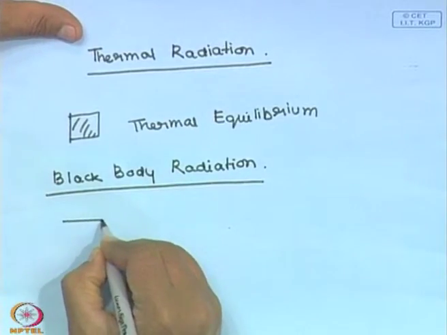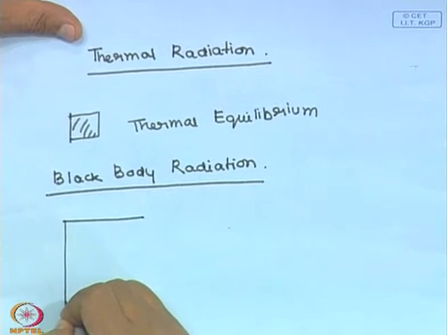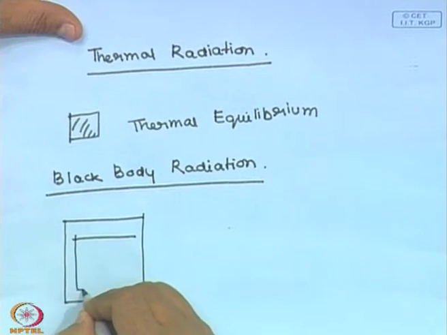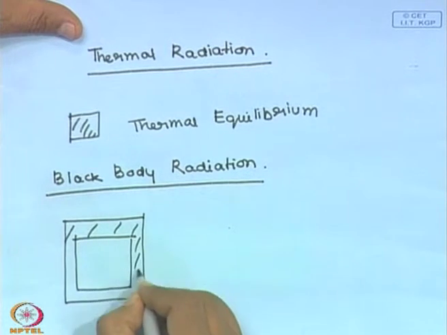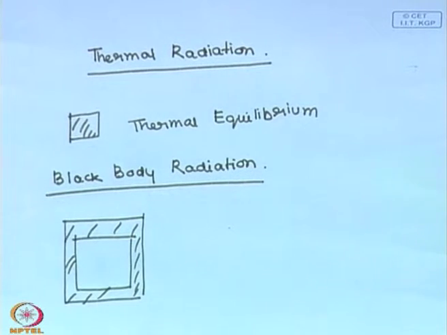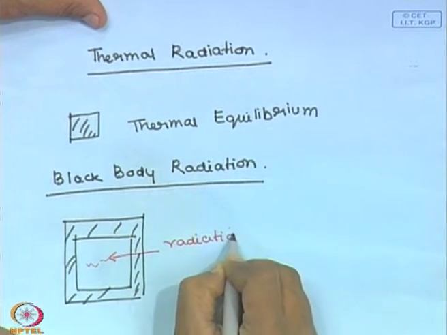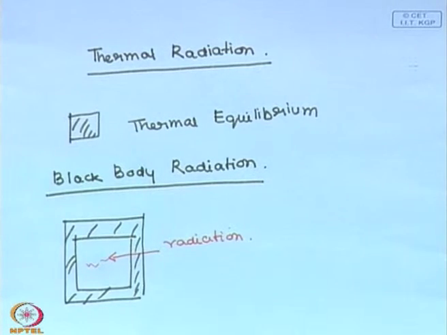So, let me first explain what we mean by a black body cavity. Just imagine a cavity like this, and these are the walls of the cavity. The walls enclose a cavity, and there is radiation inside the cavity. And the cavity is assumed to be at a temperature T. We maintain it at a temperature T,